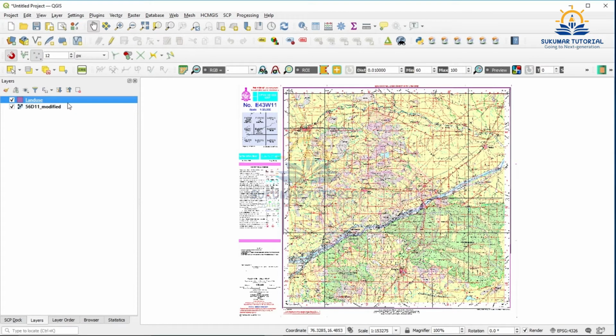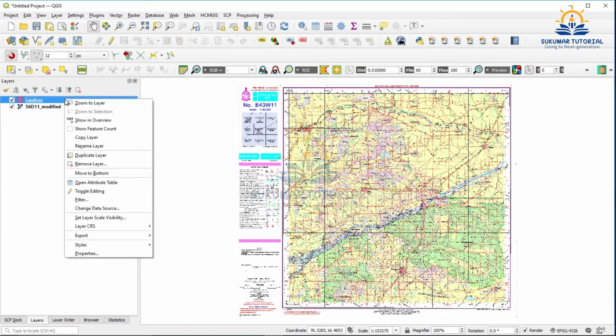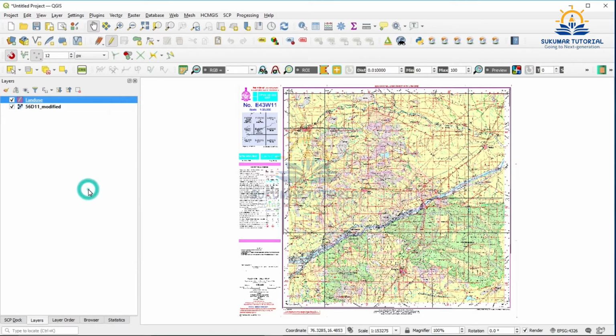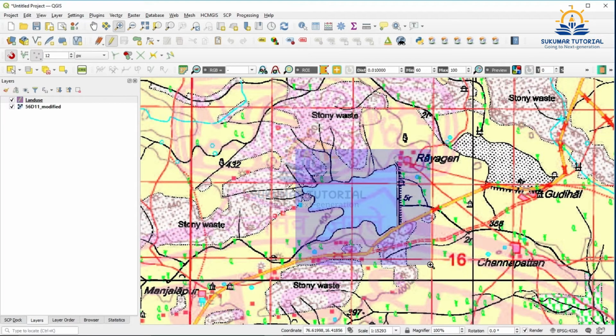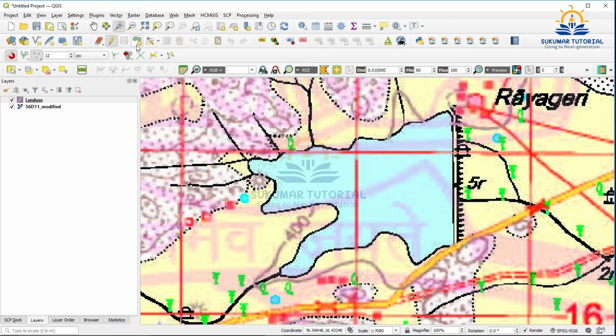So I have to go to layer, right click it, toggle editing has come. Once you toggle editing, add polygon is highlighted. You click that and bring the cursor. Before that you have to ensure your area is enlarged. Sufficiently enlarge it, go there, click it, start from one point.